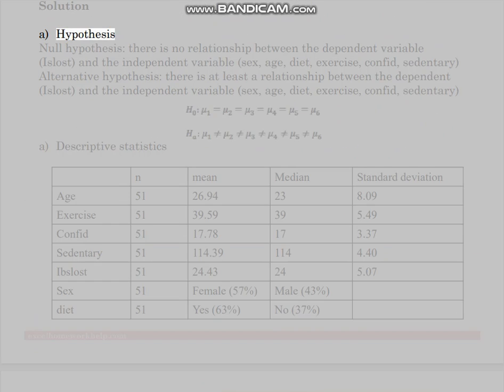A. Hypothesis. Null hypothesis: there is no relationship between the dependent variable lbs lost and the independent variables sex, age, diet, exercise, confid, sedentary. Alternative hypothesis: